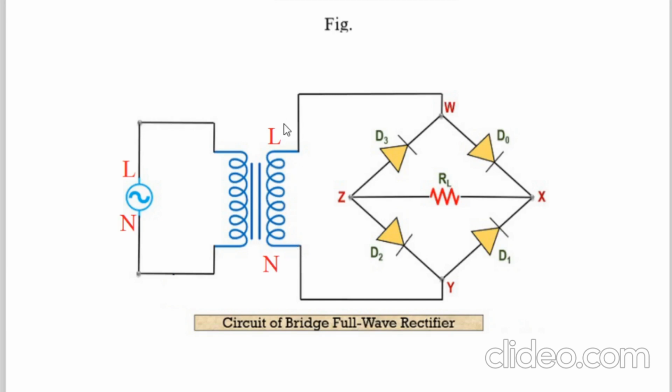So when live is in the negative half cycle, neutral becomes positive as compared to the magnitude of voltage, and therefore the opposite two diodes D1 and D3 conduct and current will go to the negative part at the live. In this way, the direction of flow of current through the load will be the same, that is, conversion of AC into DC.